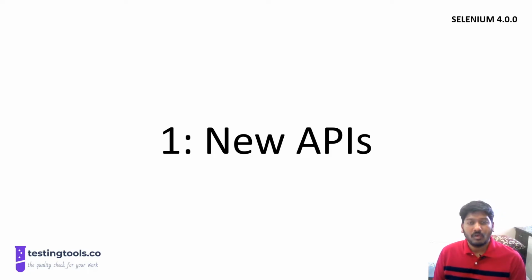So as I said, one of the new APIs is something called .newWindow for the WebDriver. We will look at that when I create the specific video for those things. But just to understand what exactly it is doing, as of today, if you want to work on two windows or maybe two URLs separately, you have to basically create two drivers, that is two WebDriver objects, and then each will point to a different URL or window. But with this new API, you need not create a new driver.